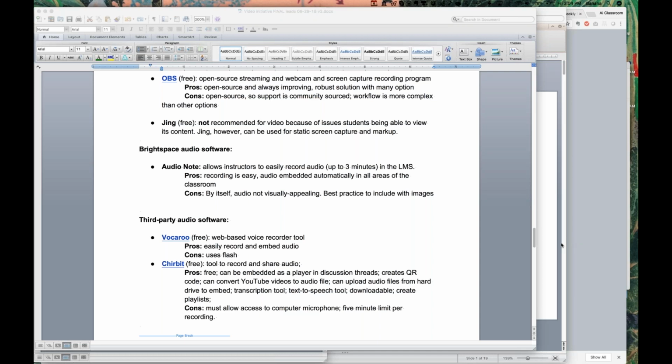Allison asked if there's a way to screen share that's built into Brightspace. I think Capture allows you to screen share. I think I've done a video where it's both a video of my screen and myself at the same time in the corner. And that's how I set up my announcements actually and things like that in my class. Although Jeremy is saying Capture is not working or available right now, I'm not aware of that. Are you aware of any issues with Capture right now, Elise or Hannah?